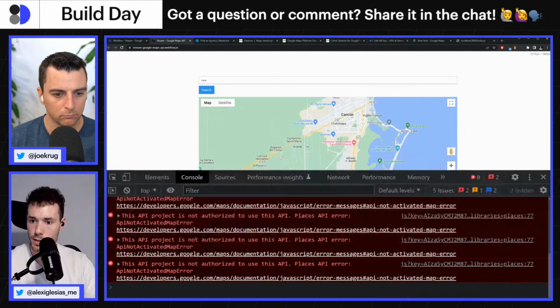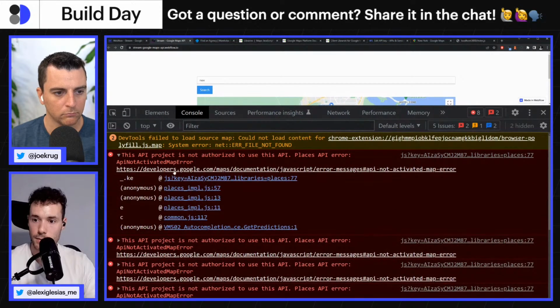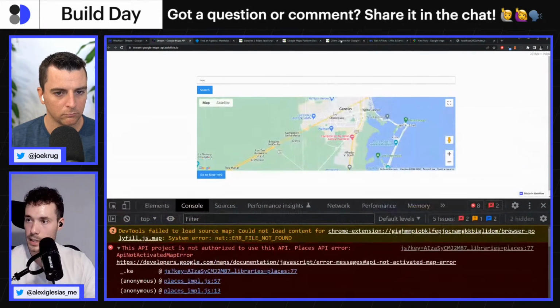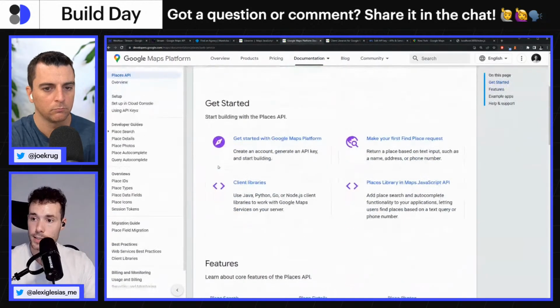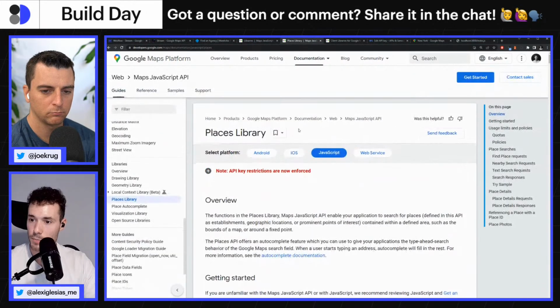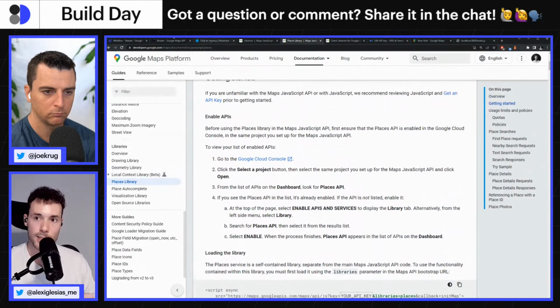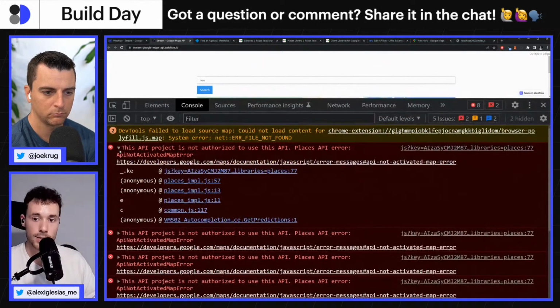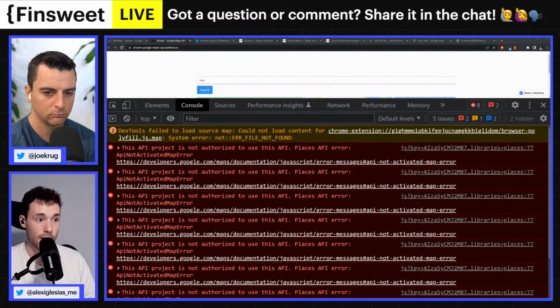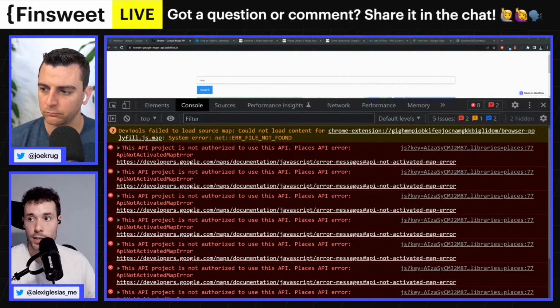Probably there's some error or something explaining. This API project, it's not authorized to use this API. Okay. Let's check the documentation. This is saying places library in maps JavaScript API. Getting started. Enable APIs and services. Okay, so Google, if you check the documentation, we got an error here because it's saying, okay, you did not activate, even though I added the query param to load the library, the API key is still not authorized to use this. So we need to go back to